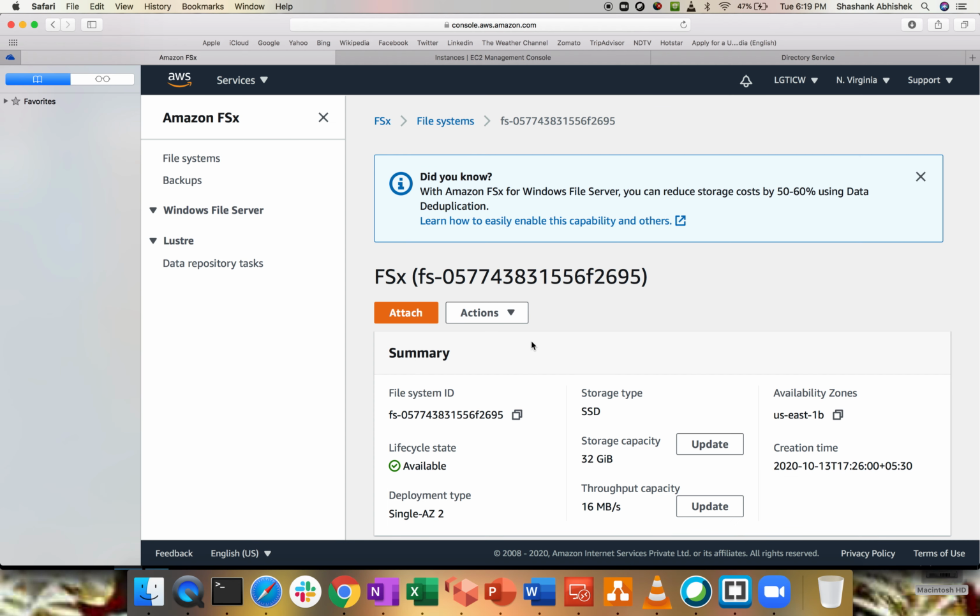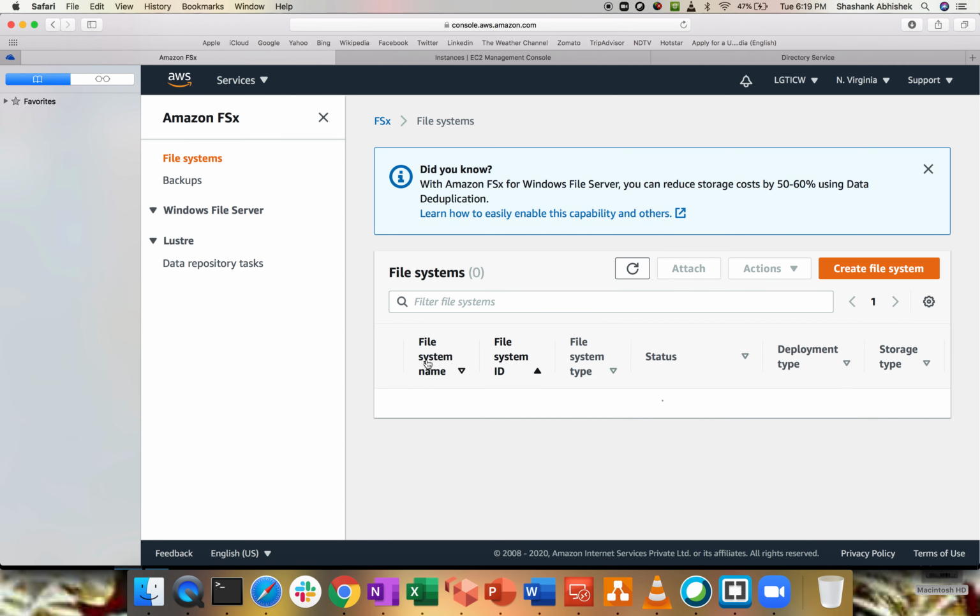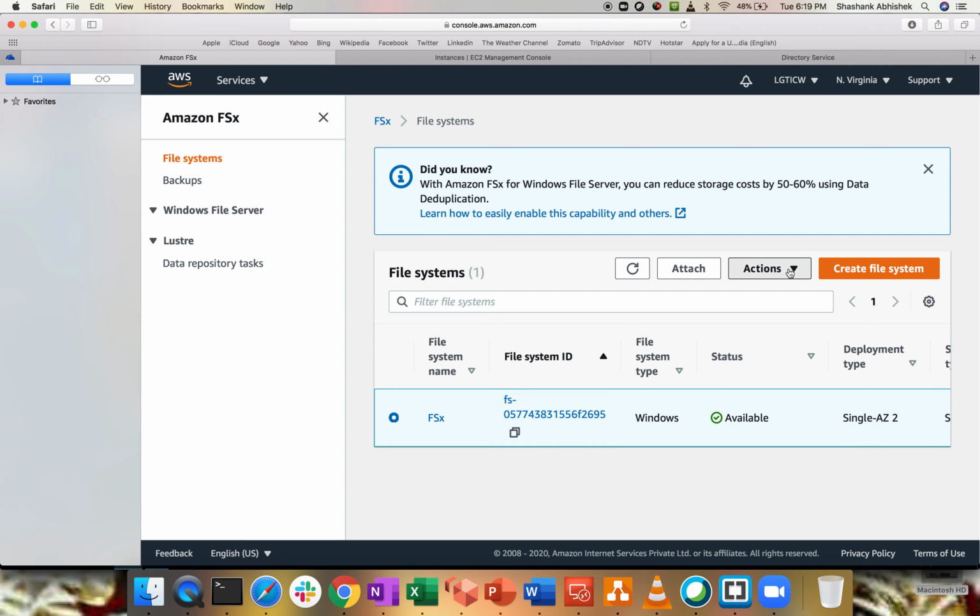If you go to the AWS account again, to the FSx file system, and you want to enable your backup, you can create a backup from here. Go inside the file system, and from the file system itself we have an option where you can create a backup, view details. You can update your storage capacity, update your throughput capacity, plus you can delete your file system. So make sure for demo purposes, whatever you create, you delete that particular environment. Otherwise we'll get charged for all those acquired resources, which will be a huge amount if you leave it enabled for quite a long time.